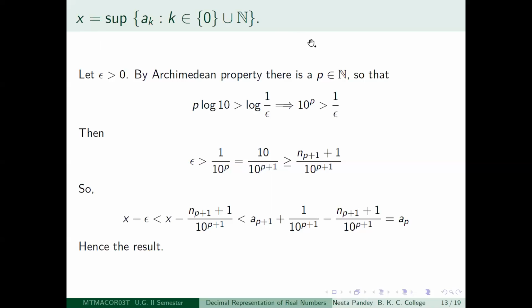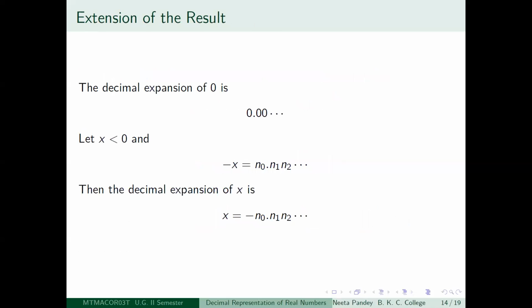So every point on the real line will correspond to a real number, and every real number corresponds to a point on the line. So therefore, the nomenclature real line is justified. Okay, so hopefully it is clear till now. And now,